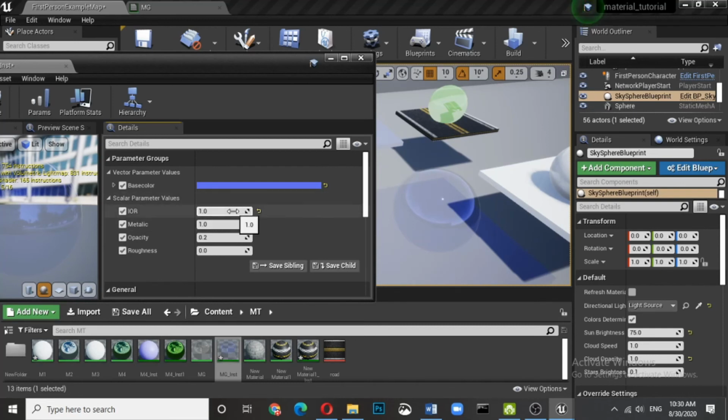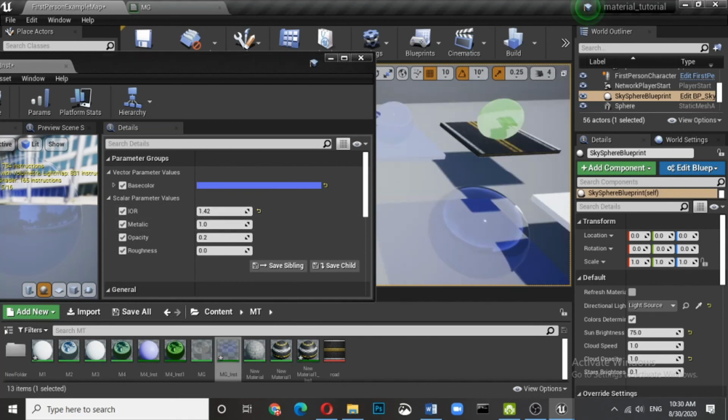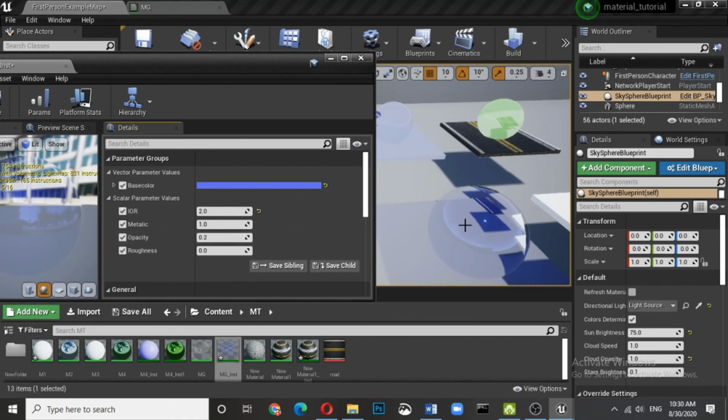But suppose we talk about water, which is about 1.42. You can see some changes there. If you make it 2, you can see more changes.